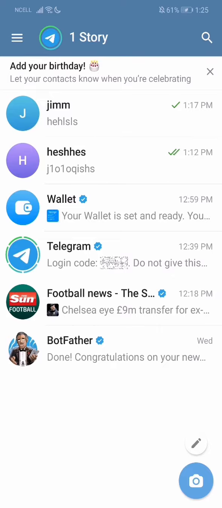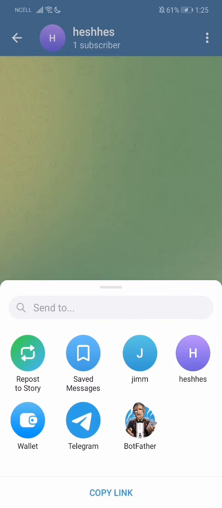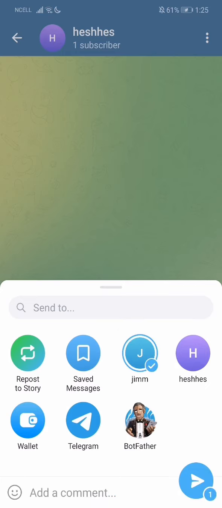So firstly, what you need to do is you need to go to your Telegram app and then log in with your account. Once you do that, just choose the message you want to send. So let me just go with this one and then choose any of the message. Just go to this forward option and just choose the person you want to forward it to, and on this